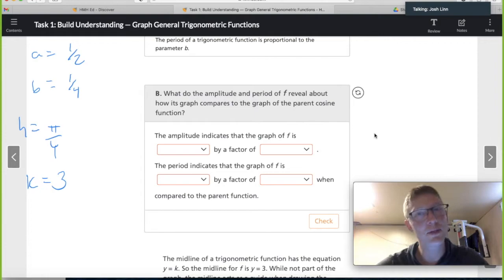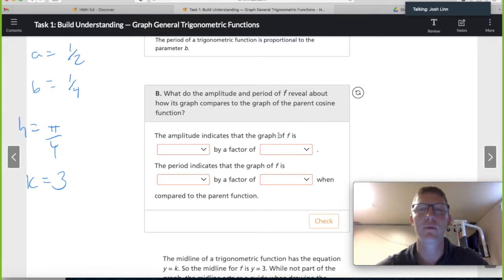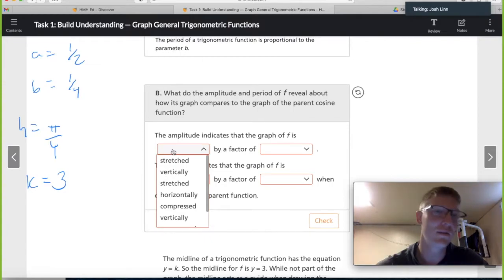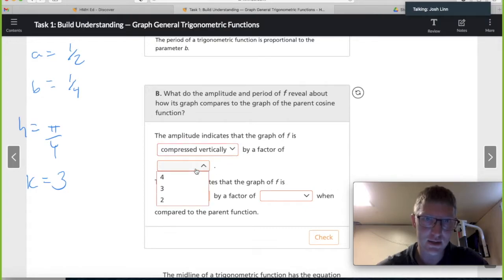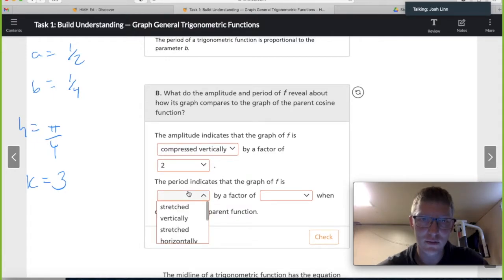What is the amplitude and the period? This should all be review at this point. We've done this in our previous module. The amplitude indicated by the graph of f is compressed vertically by a factor of 2. The period indicates that the graph of f is